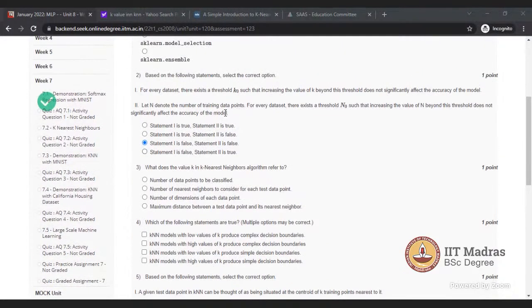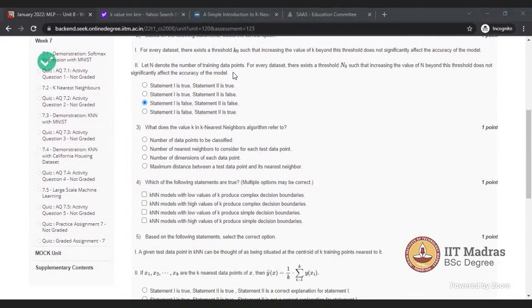Okay, Rajiv, you speak, because no other people are speaking. To calculate the neighbors, how many neighbors you should consider, the closest neighbors. Correct: the number of nearest neighbors to consider for each data point.